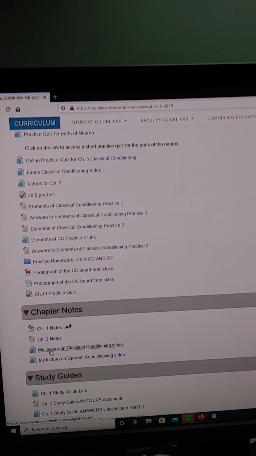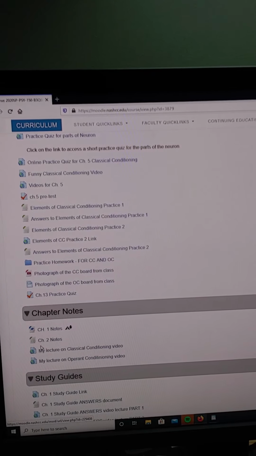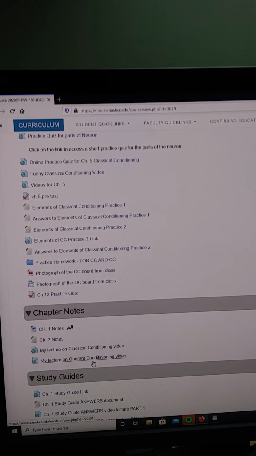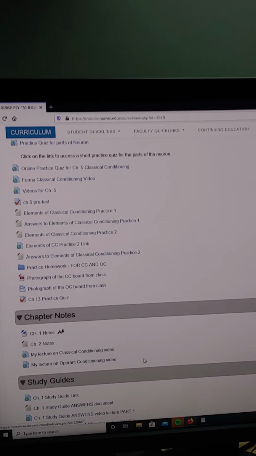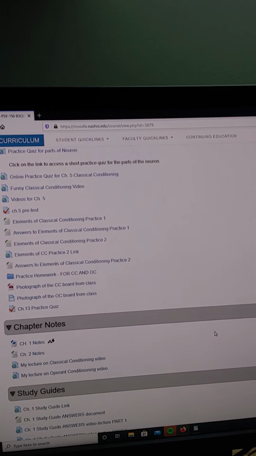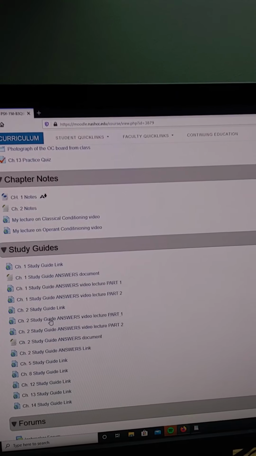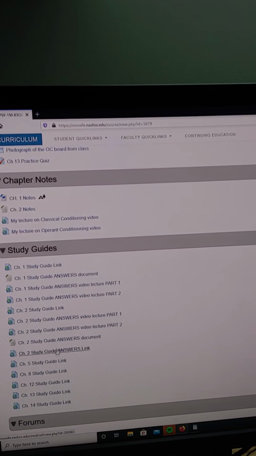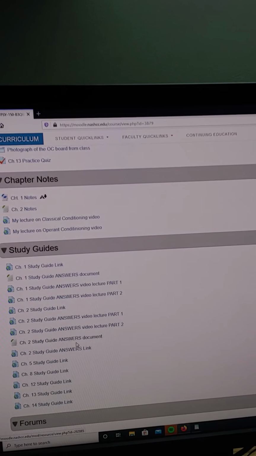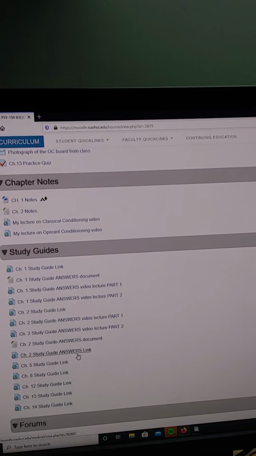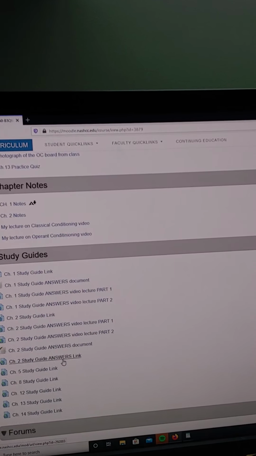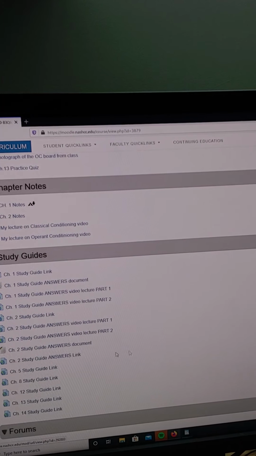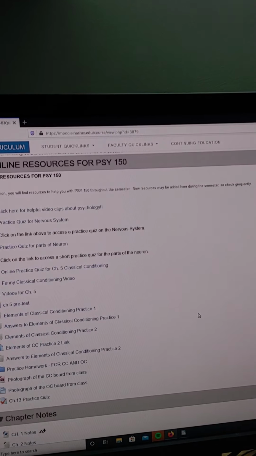I'm going to open up chapter 5 notes. That'll go right here, and then these are underneath of it. These are the videos I've been referring to. Okay, there's lots of practice here. And this is where I've been putting the answers to the study guides after we go over them. I put them in a document form in case you don't have the internet at the time. And then, of course, how would you get in Moodle? But if you want to download it or something, and then the link, it's all the same. All right.